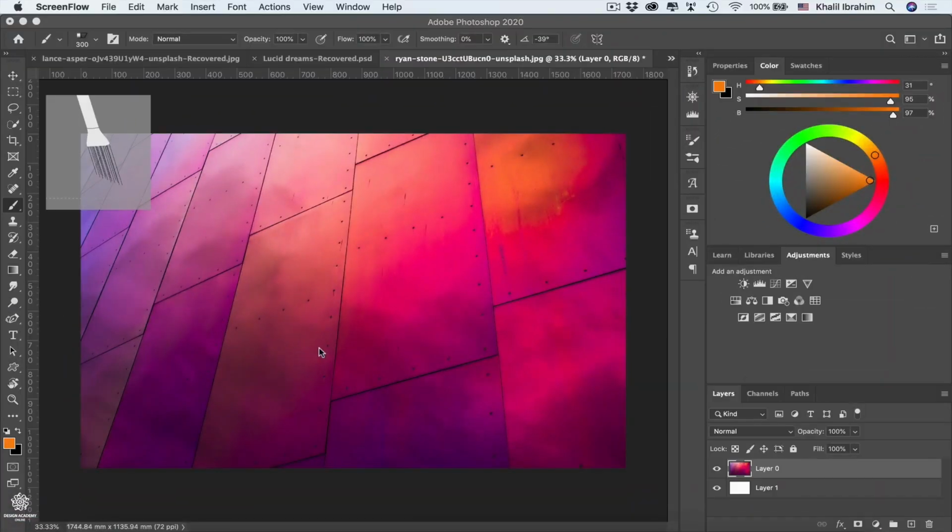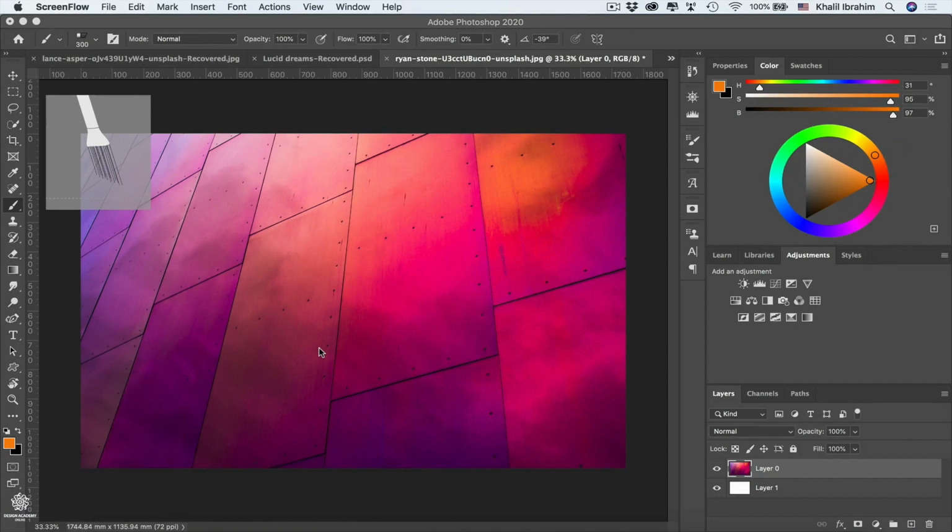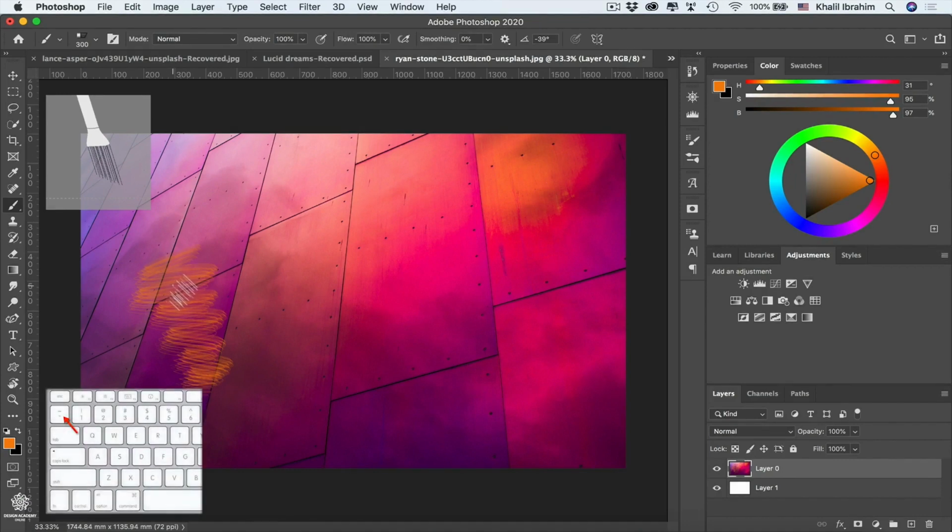One of the cool new shortcuts in Adobe Photoshop 2020 is that you can use the tilde key with your brushes to erase instead of painting, or you can be changing your brush's angle or rotation. So here we have that brush. If we start painting, it's gonna be looking like that. However, if you press the tilde key, which is below your escape key, you can start erasing